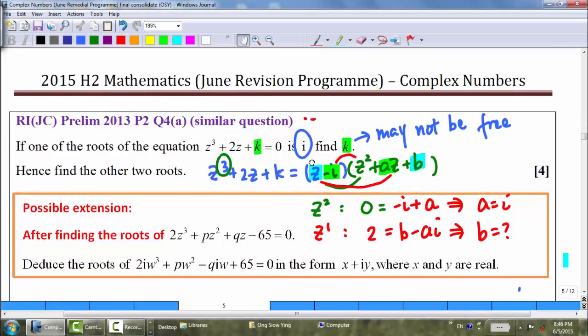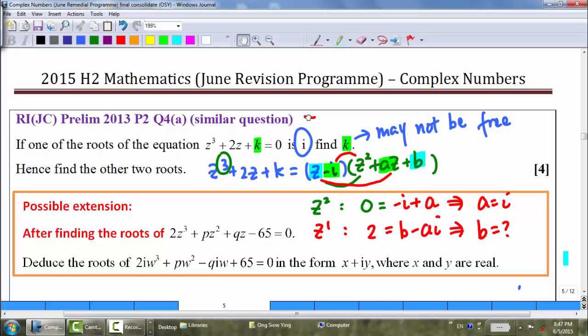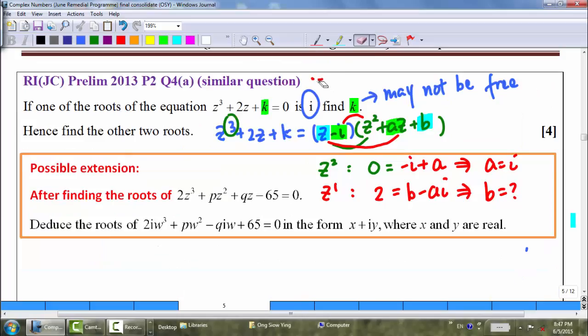Okay, by expanding and comparing the constant term. Okay, so what is another possible extension for this type of question? Well, another possible extension for this type of question would be